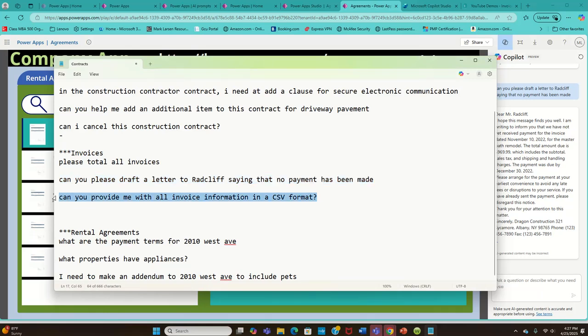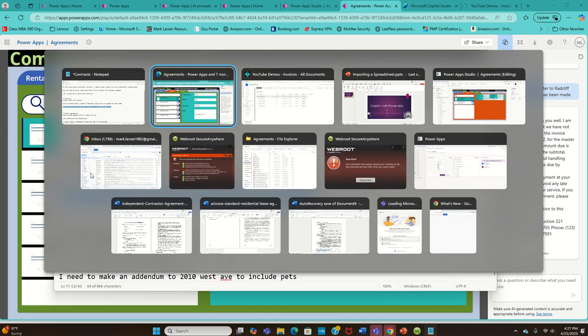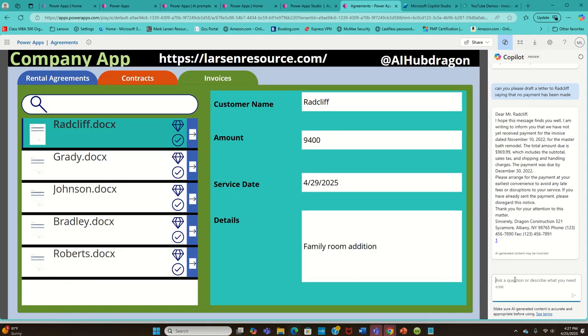And then if you need to export or bring it over to another system, you can ask it to take all this information and provide it or output it in a way that you can copy and paste it into either Excel or a Word file. So I just have it asking to go to a CSV